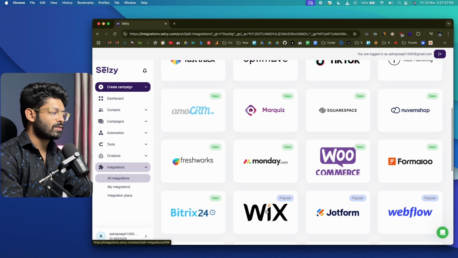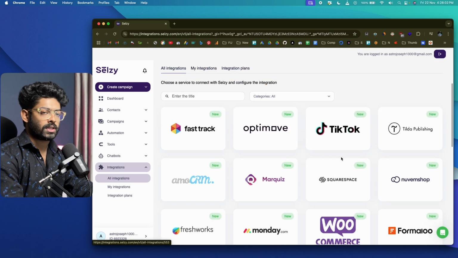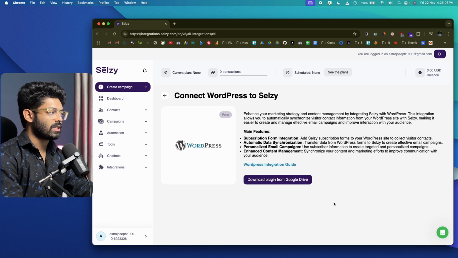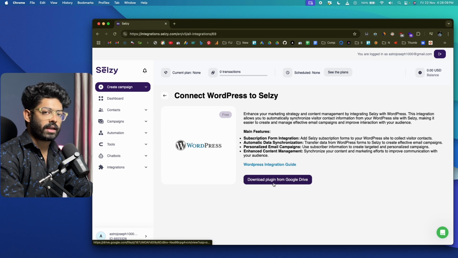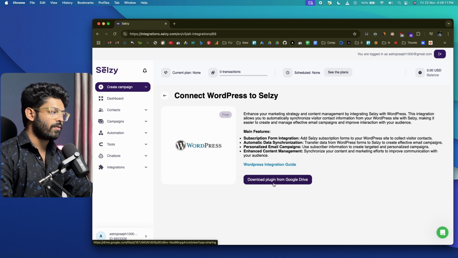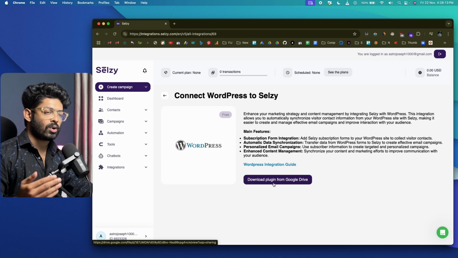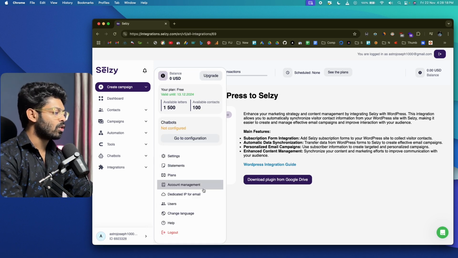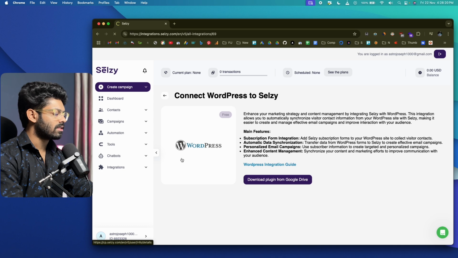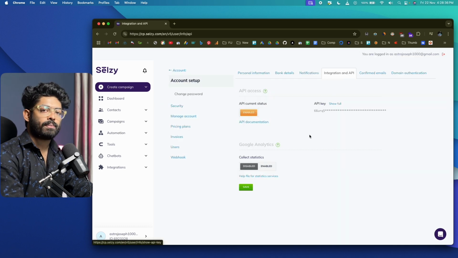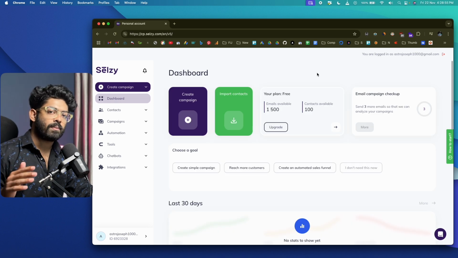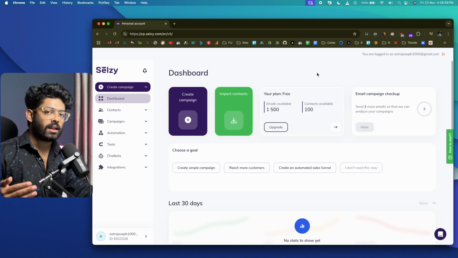And if you have a Wix website, you can click on Wix, or Webflow, which is this one, WooCommerce. You have a lot of options, including Squarespace. All right. Now that I have a WordPress website, I can simply click on this WordPress option and it will ask me to download a plugin. So all I've got to do is download the zip file from here, go to my WordPress dashboard, upload the plugin and set up everything. And once I have the plugin installed, I can go to my account settings, go to settings, grab the API key and paste it into the plugin, and the integration process will be completely done. And once the integration process is complete, you can start collecting your visitors' emails and store them in